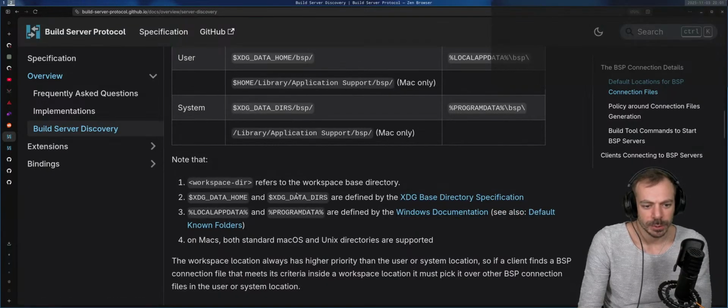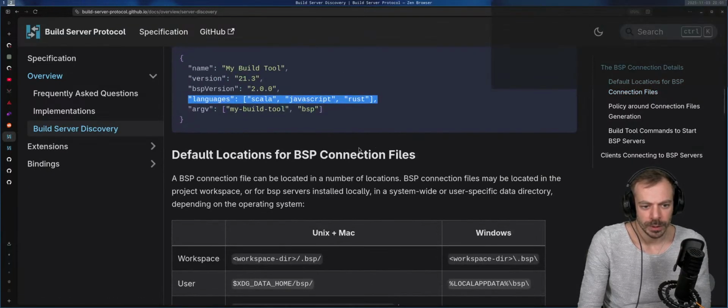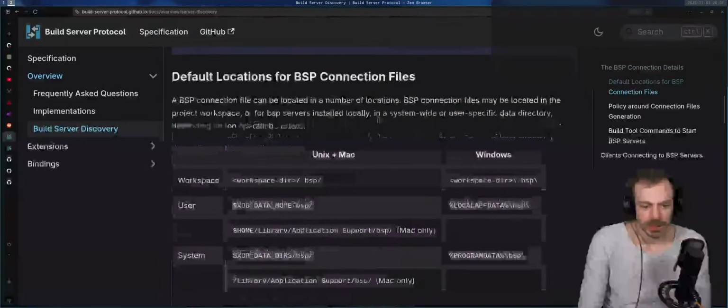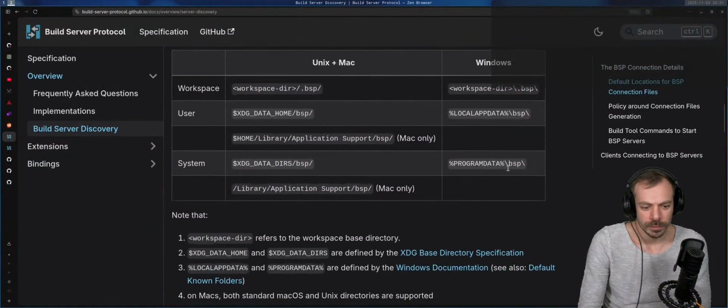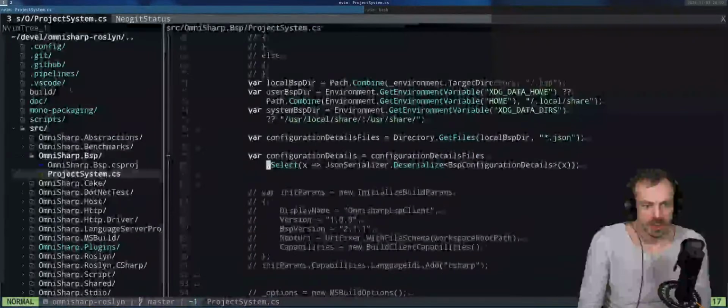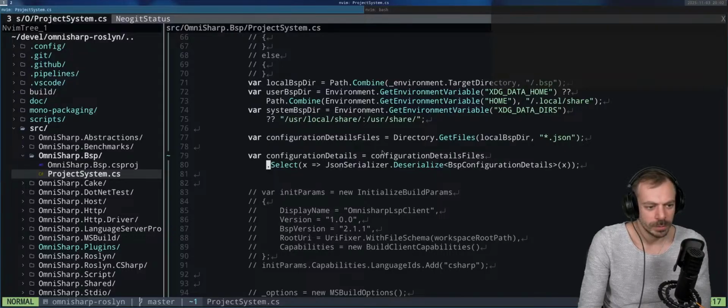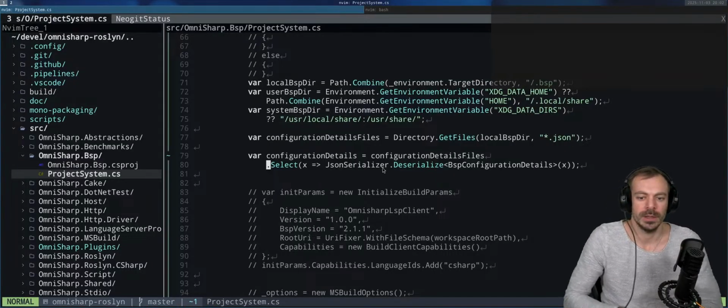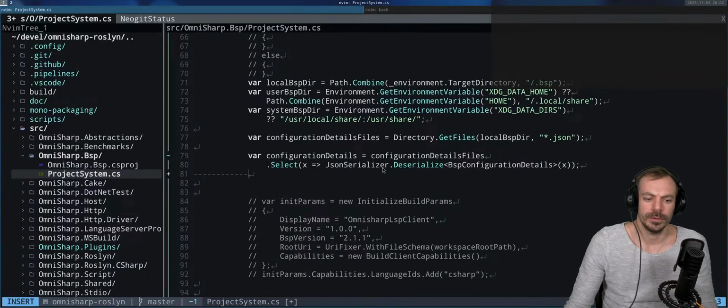Because now as a client, we need to select a build server that we want to run with OmniSharp when it starts in this BSP mode, I would say. Yeah, and for that, we would need to say here where x